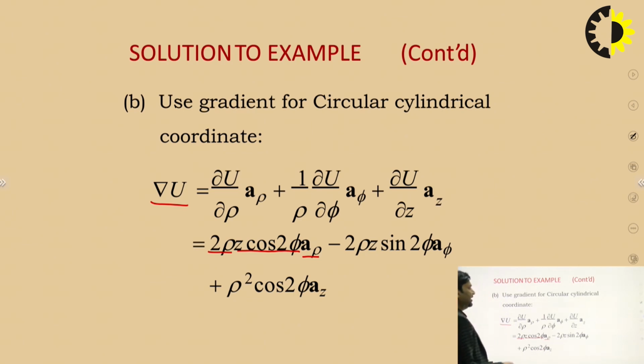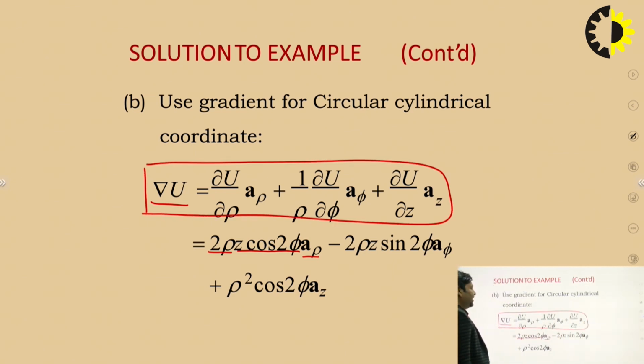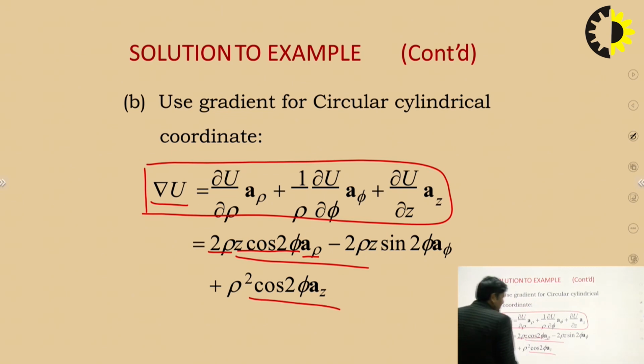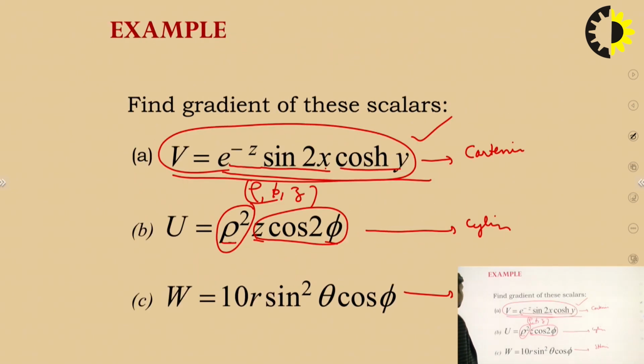So we easily calculate by using this identity: del u over del rho a rho, plus 1 by rho del u over del phi a phi, plus del u over del z a z. So by using this identity, we easily calculate the gradient of that scalar field u in terms of the cylindrical coordinate system. So this is the answer. And the third one is the scalar field w, which is defined as